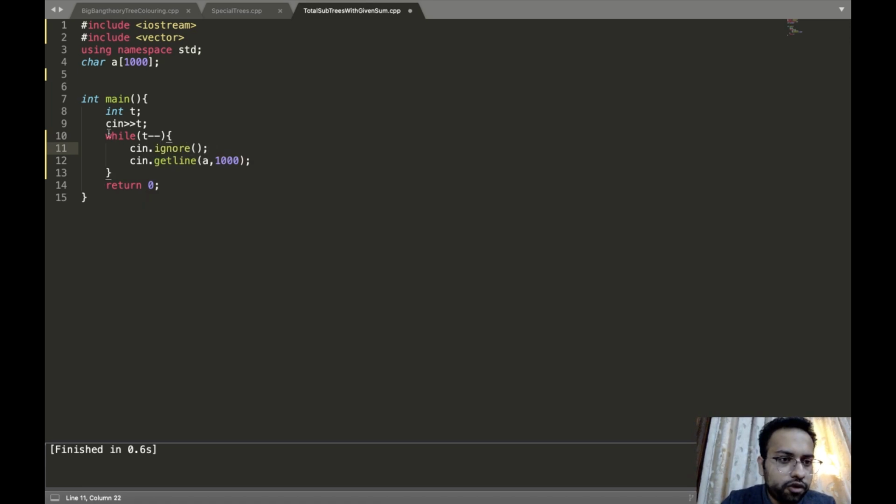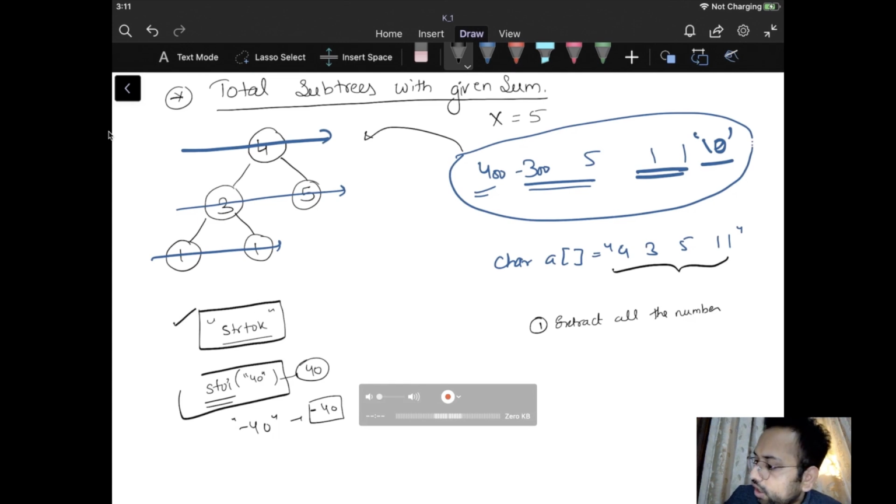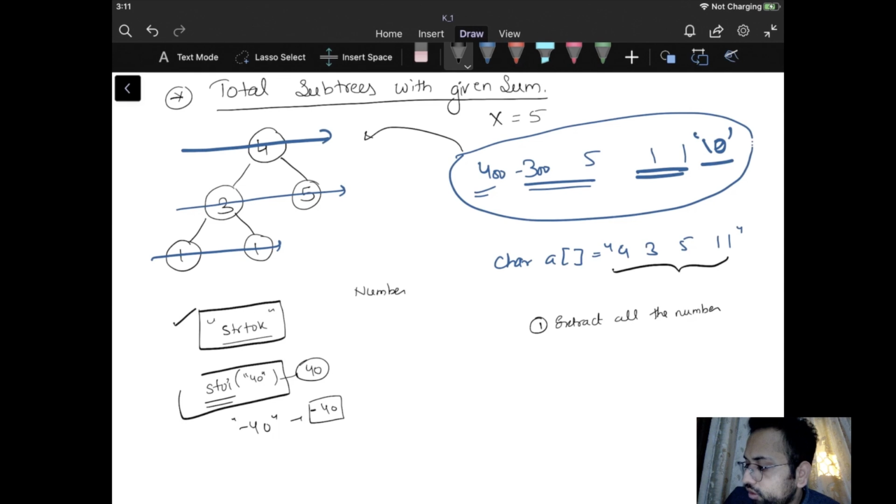I hope all of you know this, that whenever we are taking a number and then taking a string using the function cin.getline, we need to ignore one character. Let's say you are given 10 and the next string is Karthik. Whenever you enter the number, you press either a space or enter. You need to ignore these characters.